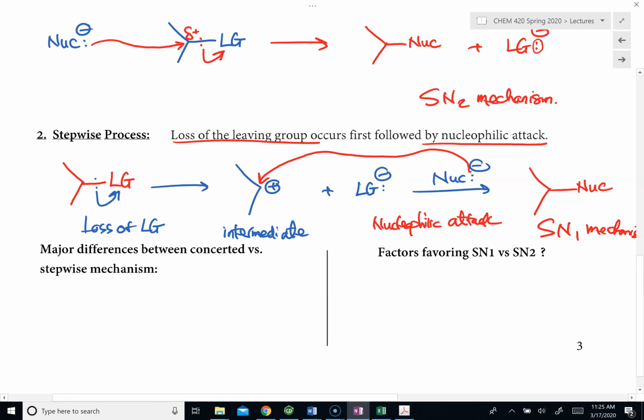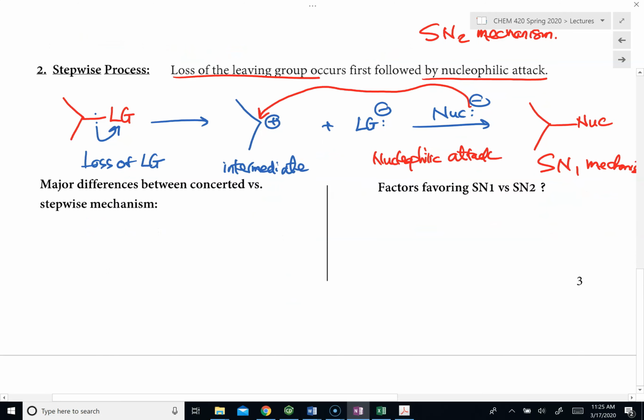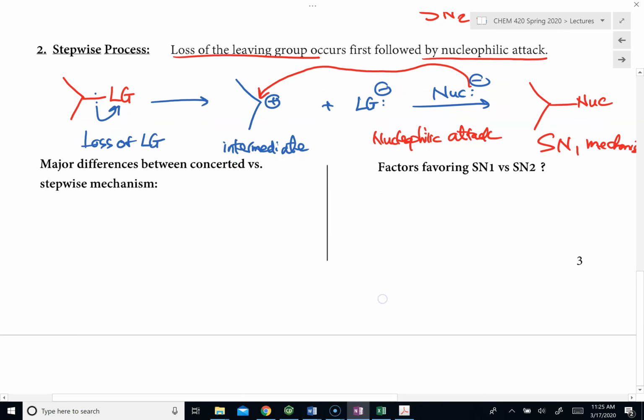Which one will be formed then? The answer, it depends on several factors. So in this case right here, factors that favor whether the reaction would undergo SN1 or SN2. We'll list some of those factors in a little bit. But depending on whichever mechanism the reaction follows, it will affect different things. It will have a different reaction rate, and also side product and major product, and also stereoselectivity as